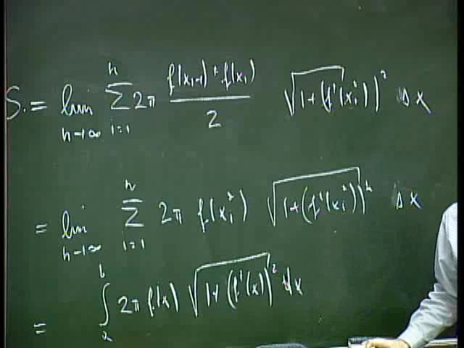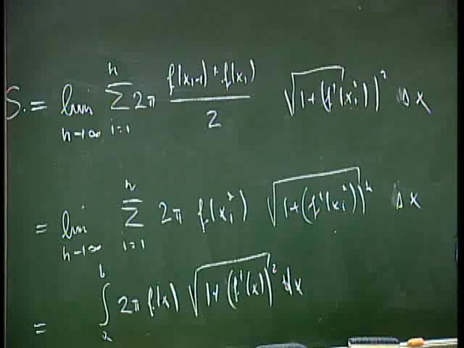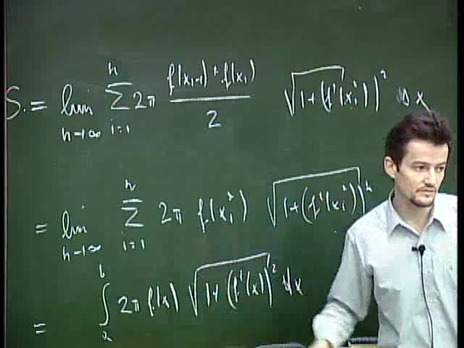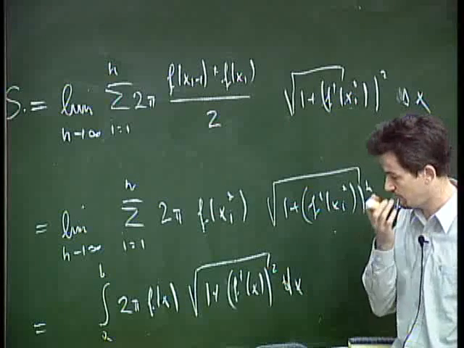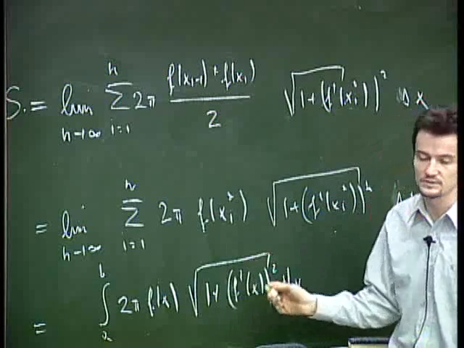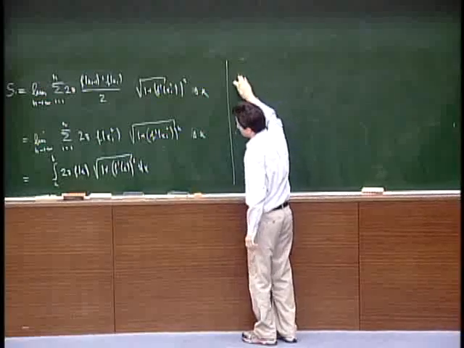And in order that the definition makes sense, we have to assume that the derivative of f is also continuous. Otherwise, this integral might not exist, meaning that if you use such a definition for the surface area, it might not be possible to define it like this, because the integral does not exist. Now you see, actually, it's maybe better to write this. First of all,